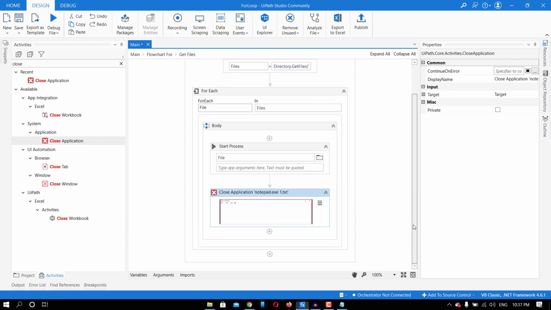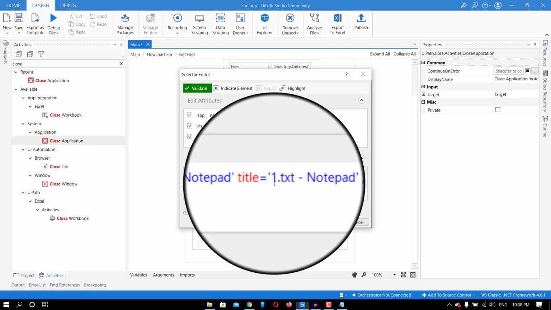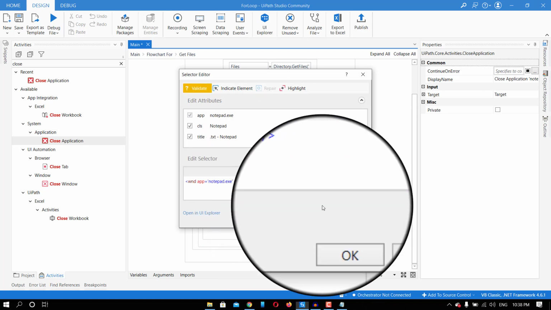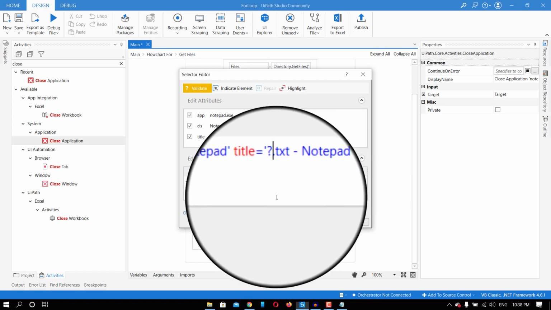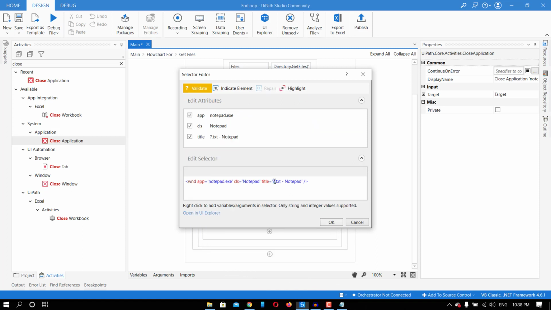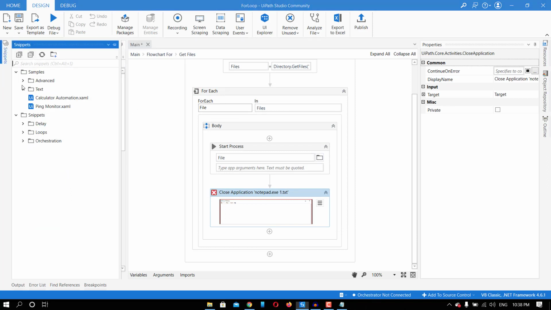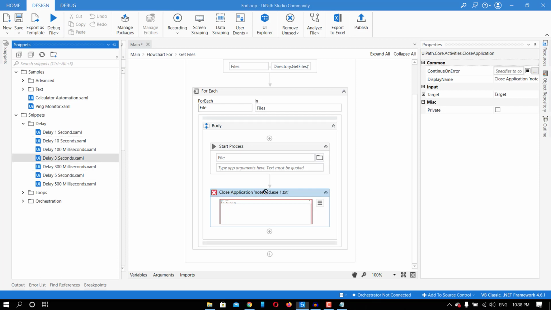So I need to modify the selector as well. So instead of 1 I can type a wildcard symbol here, because I know that I have only two files, 1 and 2, and the question mark represents a single character, right? And now let me just give it some delay so that you can see how it's actually happening. So I'm going to give a delay of 3 seconds between these two.